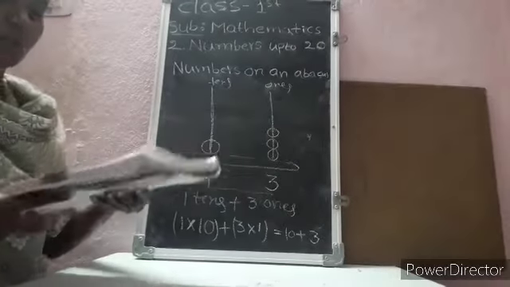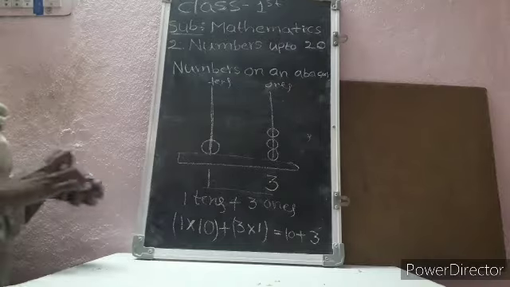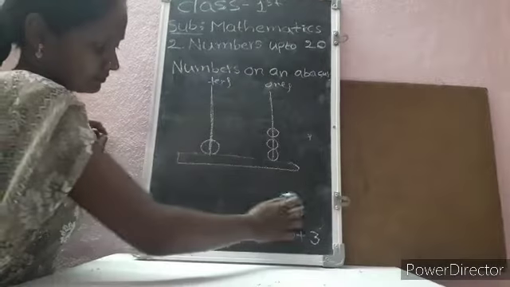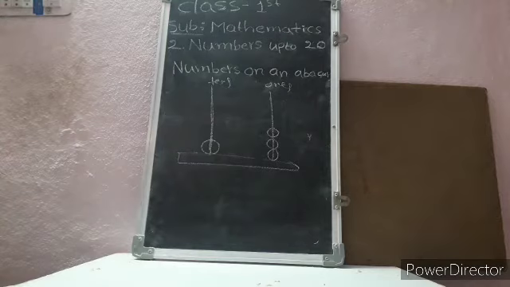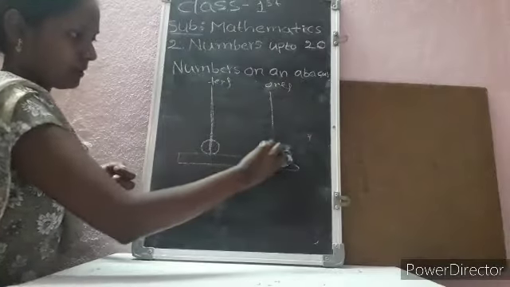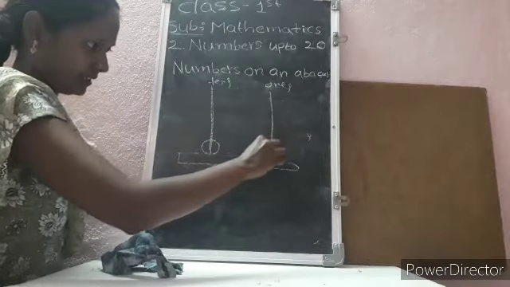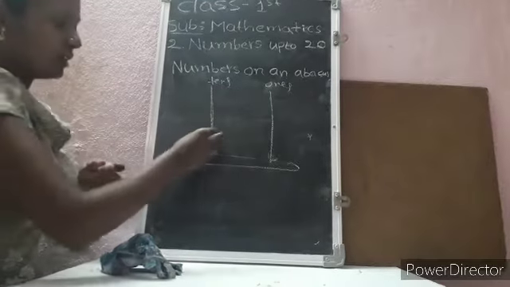So let's do another example. Here, in the ones place there are no beads. So I am taking a single line. Now here, in the tens place we have